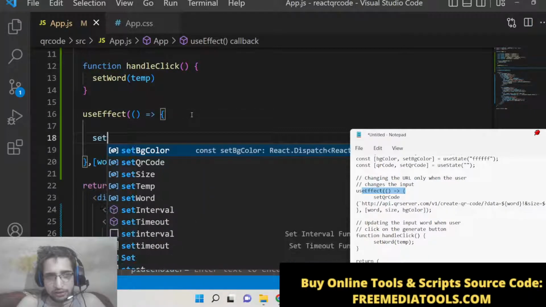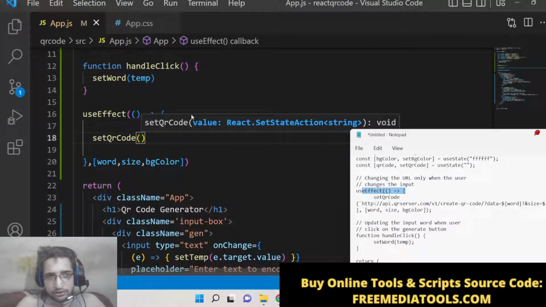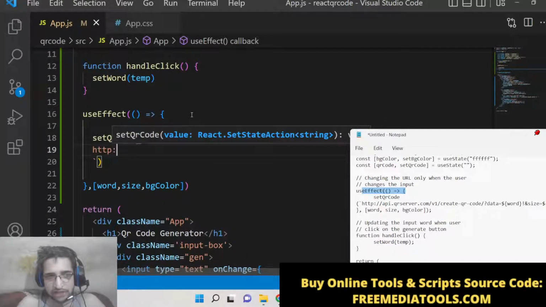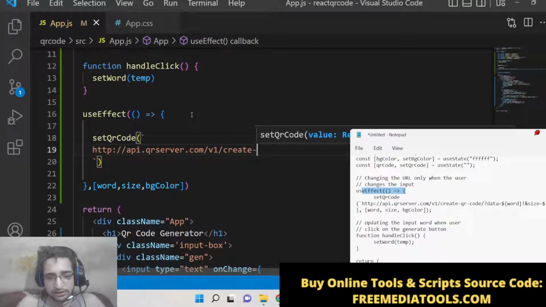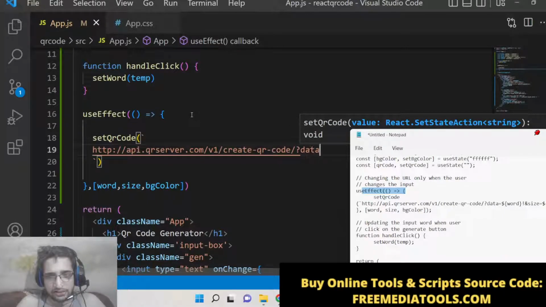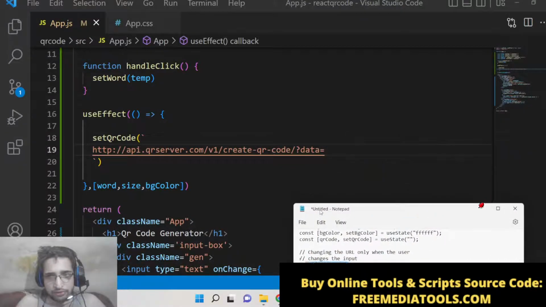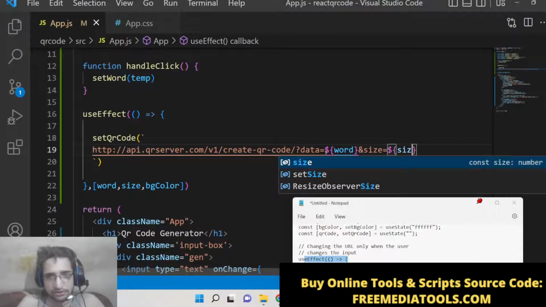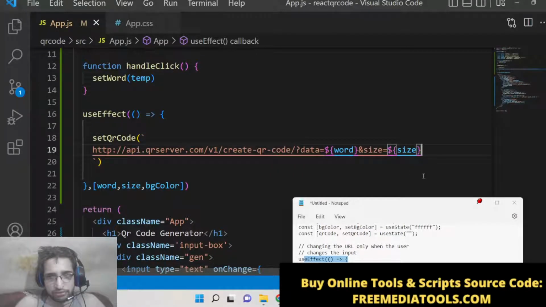And basically here we will call this method set QR code. It is just doing it whenever we load the application for the very first time, so this use effect method will be executed. So http api.qrserver.com/version1/create QR code question mark data is equal to whichever word is passed to it. Here we will pass a dynamic word, and the dynamic size, which is size here, and also we will be passing